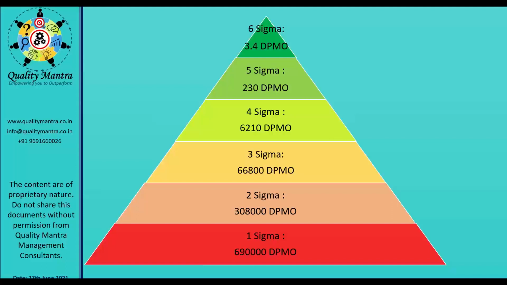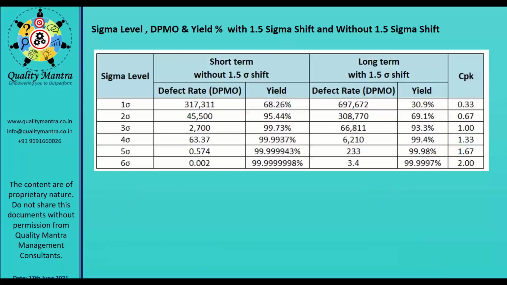But the process should be normal. It means that there are very minimum chances. What are the chances? 3.4 defects per million opportunities. But in the last slide I told you 0.002. So why have I changed it now to 3.4 DPMO? Because you need to take care of the shift. Six sigma with 1.5 sigma shift you have to take. For 6 sigma I told you 0.002, but actually you will get 3.4 defects per million opportunities.